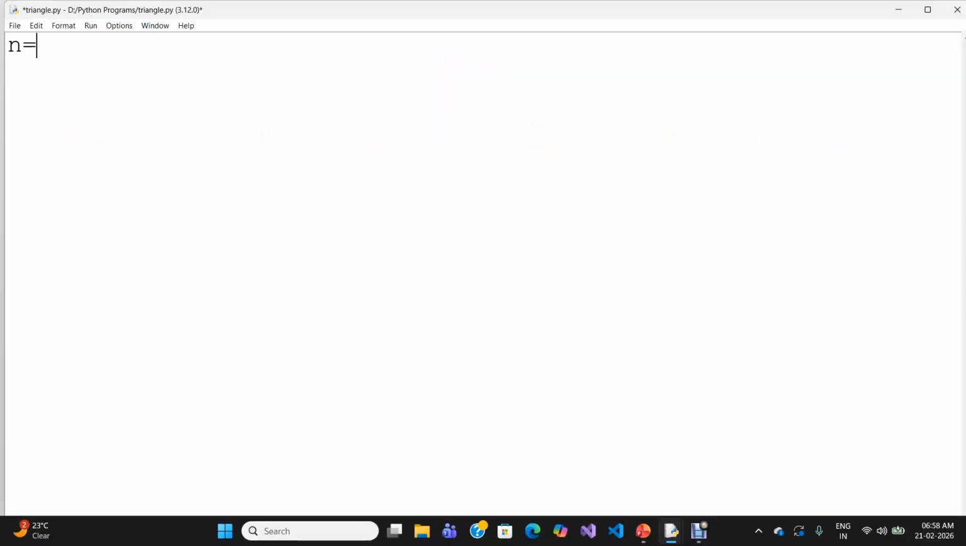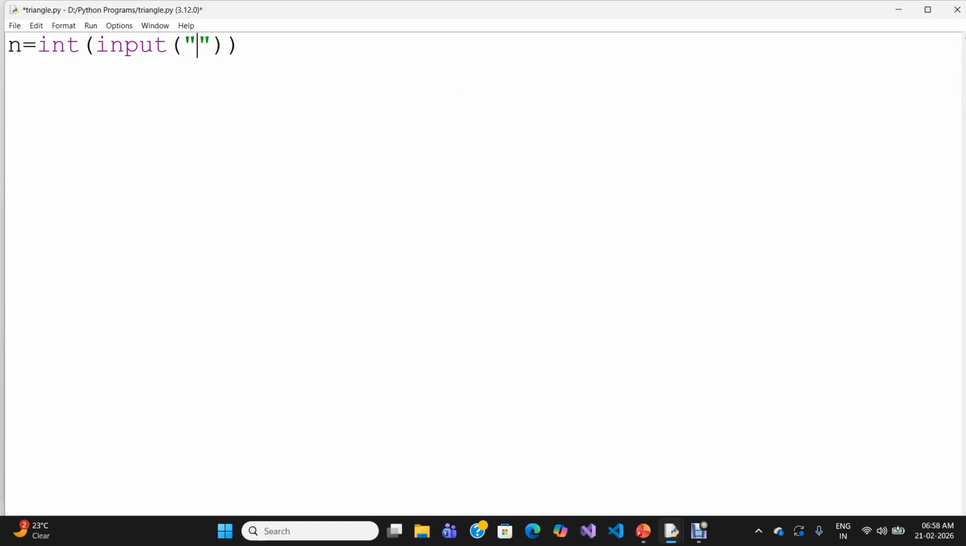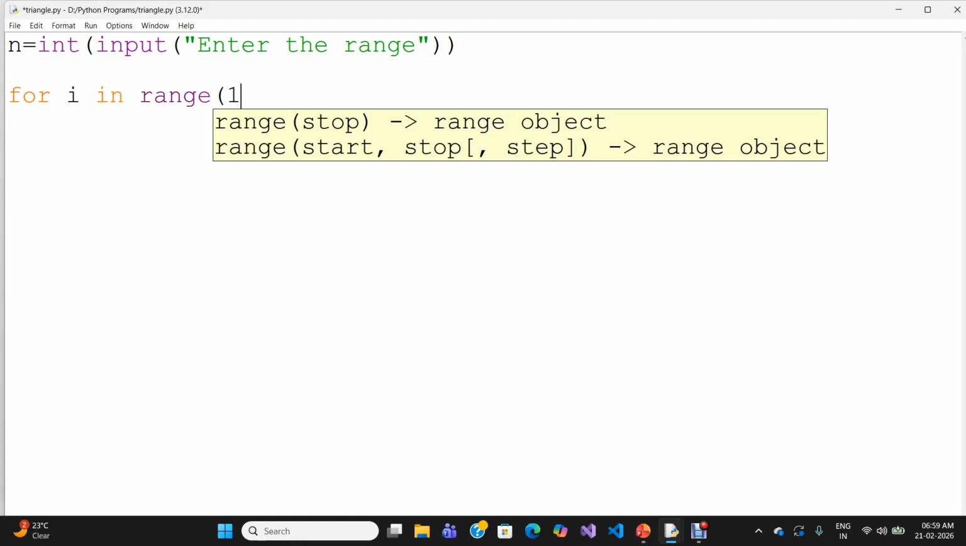The variable n equal to integer of input of, in the double quotation, I'm giving a string: "Enter the range". Enter the range means the number of rows you want to print the stars to form a triangle. Now I'm writing a for loop: for i in range starting value 1 and the stop value is n